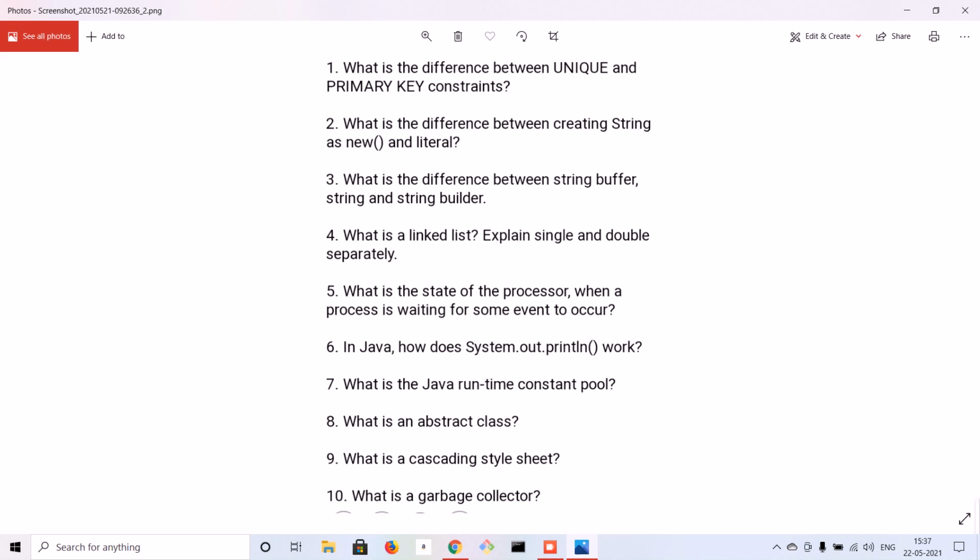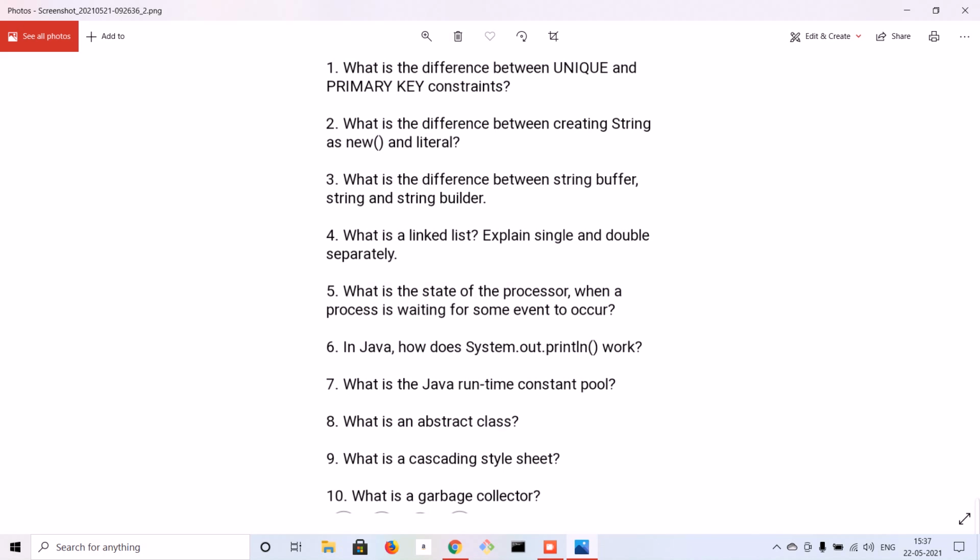Now the doubly linked list. In singly you can traverse in one direction, from head to tail. In a doubly linked list you again have a node, but it will have two pointers: a pointer to the next node and a pointer to the previous node, which consist of the addresses of the previous and next nodes. So here you can traverse both ways. This was a basic brief about the linked list.